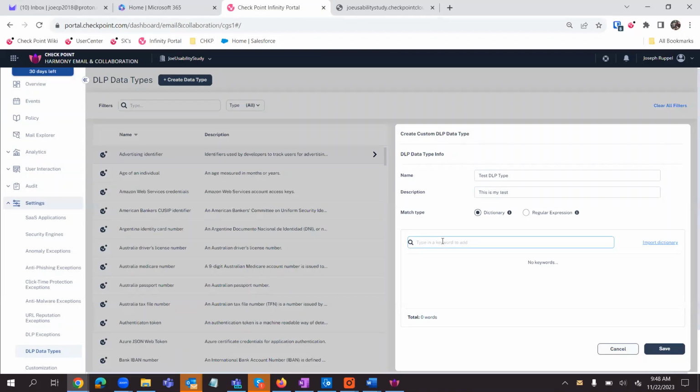So if the secret password or the secret proprietary, this is how we mark our documents, is, I don't know, Thanksgiving, right? We simply add that keyword, and any document that has the word Thanksgiving in it is going to get picked off, right? And it's going to get caught by DLP, and whatever the DLP policy is, that's how it's going